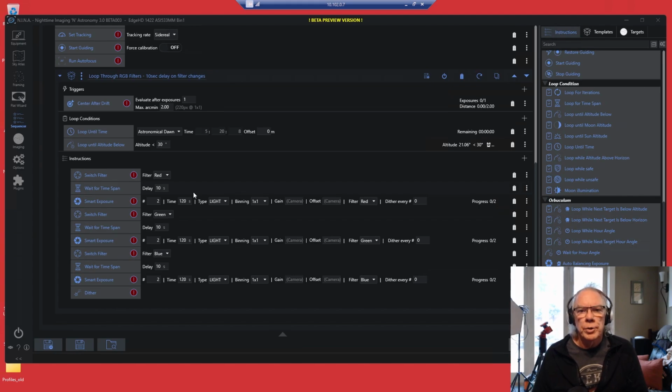After I switch the filter, because my focuser has to move on a filter change, because I use filter offsets, and depending on how much backlash compensation I have set up in my focuser, I ran into a condition where upon the filter change, the focuser had not completed getting to the point it needed to be before it started to take the next exposure.